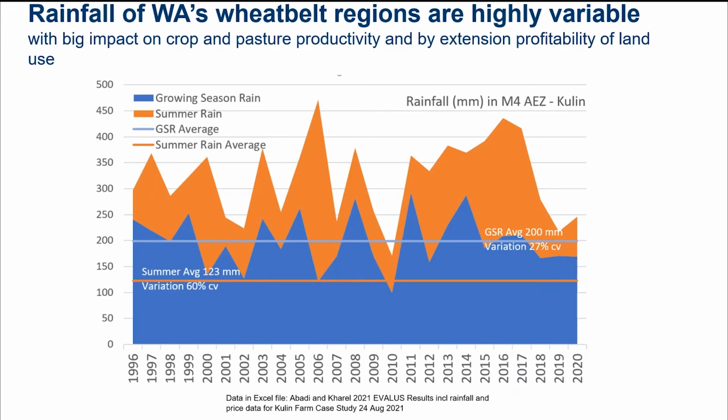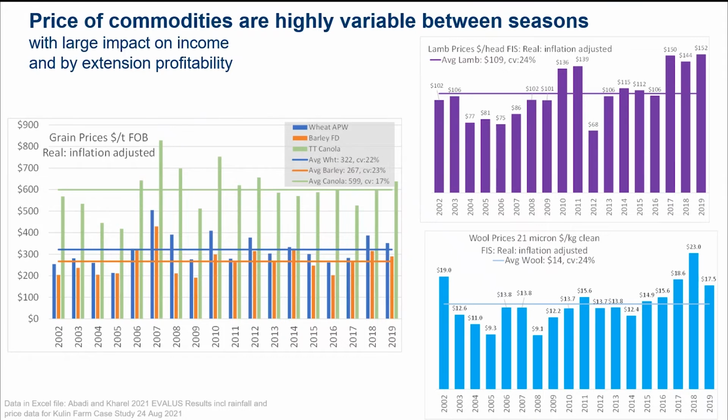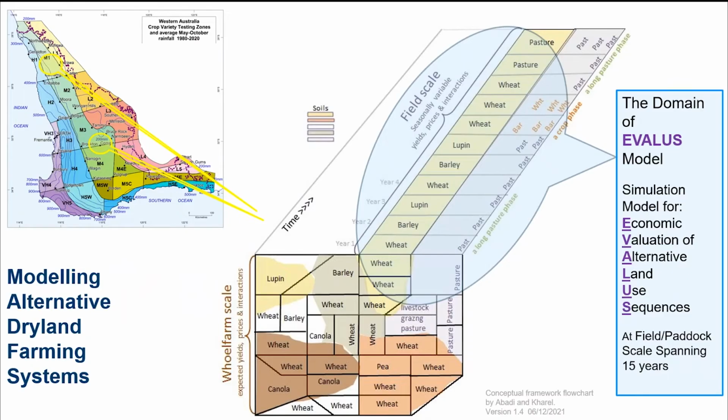The weather varies a lot for a wheat belt farmer, and the farmer has to then play this game against a non-malevolent opponent called climate and market, because we are price takers in this system,